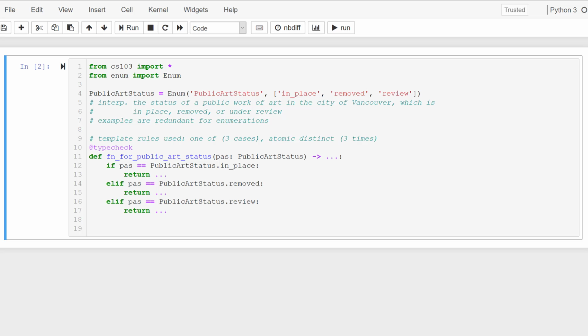In this video, we'll learn how to design a function to parse data from our information source. As we saw in the last video, our course library has a function parseInt that can parse an int from a string, and a function parseFloat that can parse a float from a string. But what if your information source has data that is best stored in a user-defined data type, like an enumeration